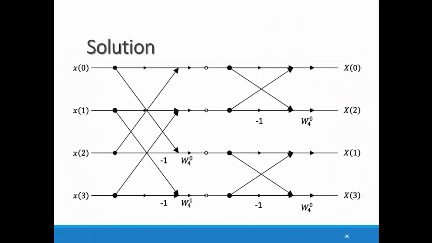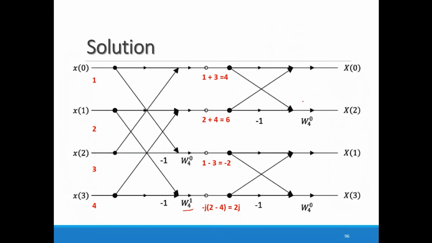Here x0, x1, x2, x3, these are your inputs. So apply directly 1, 2, 3 and 4. Then after the first stage, you are getting 1 from here and 3 from here. So 1 plus 3, 4, then 2 plus 4, 6, 1 minus 3, minus 2, and the last one, I have taken this trivial factor outside, that is minus j, and the value here is 2 minus 4. So 2 minus 4 multiplied with minus j, you are getting the value 2j. So after the first stage, the values are 4, 6, minus 2 and 2j.